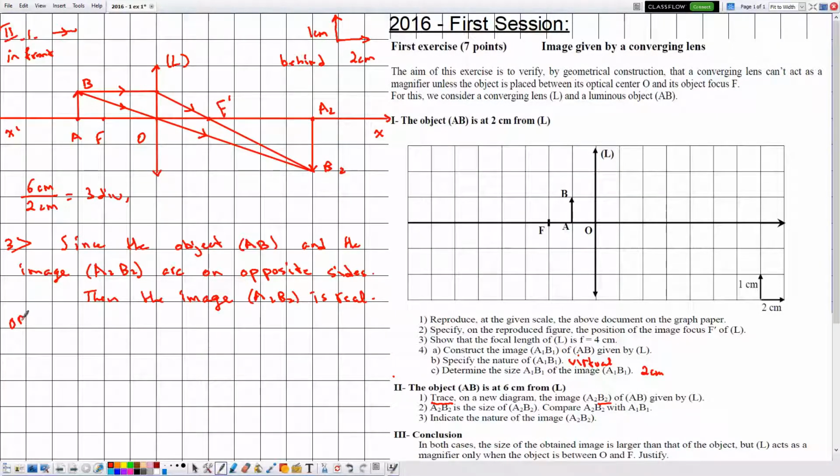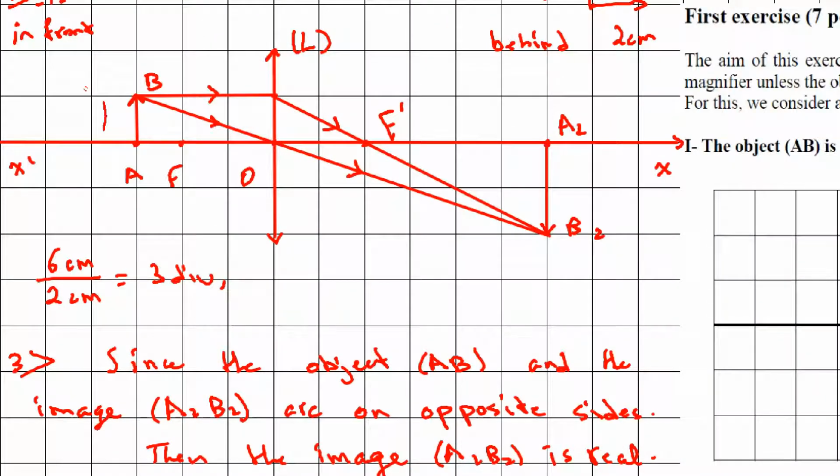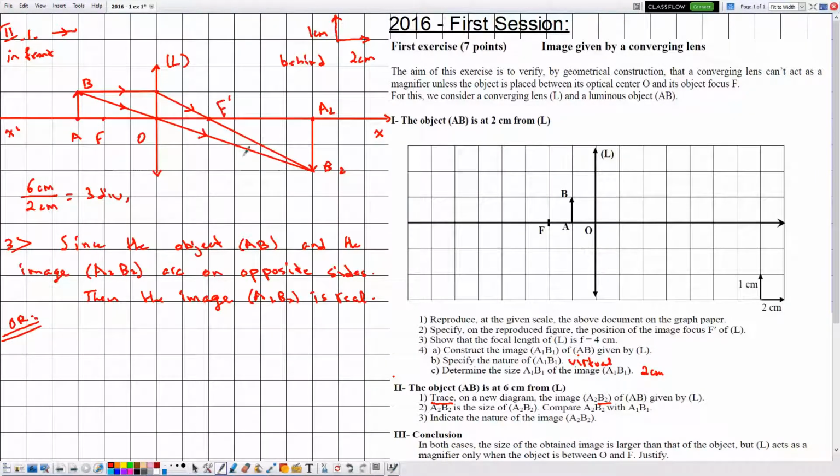One could answer this question in another way. Notice that the object AB is pointing upward, whereas the image A2B2 is pointing downward, which means that the image is in an opposite direction with respect to AB, which means it is inverted. And we know whenever the image is inverted with respect to the object, this means that the image is real. Let's say that since it is inverted with respect to the object,